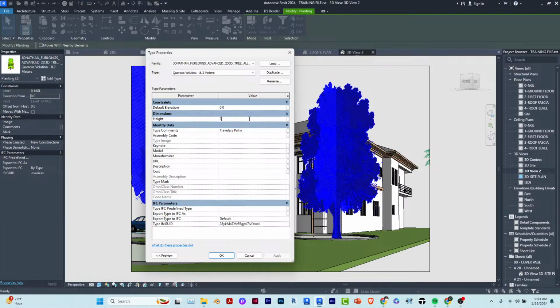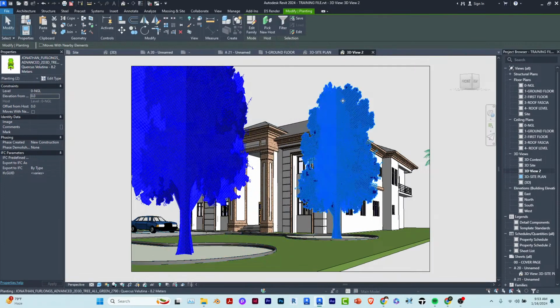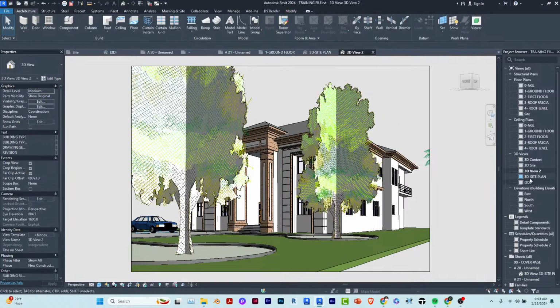And I think you can reduce the height, let me say 1.5. Let me see what happens if you can scale it down. You really can scale it down. But for this particular 3D tree,